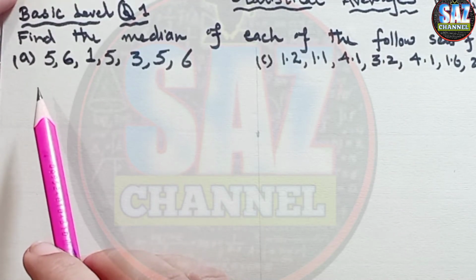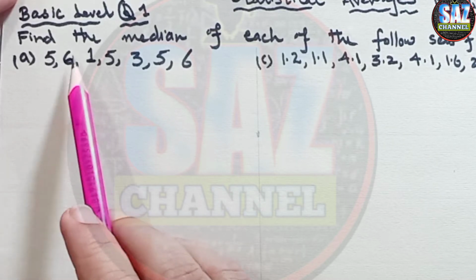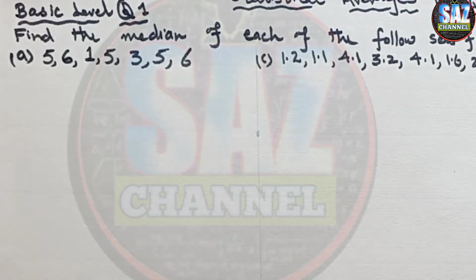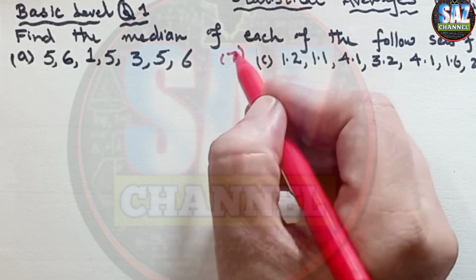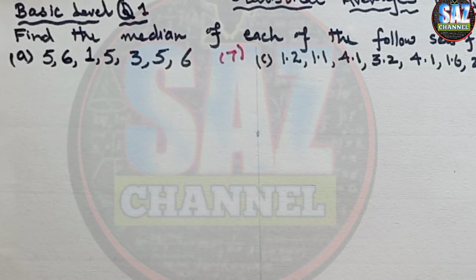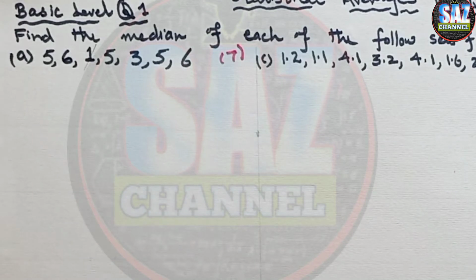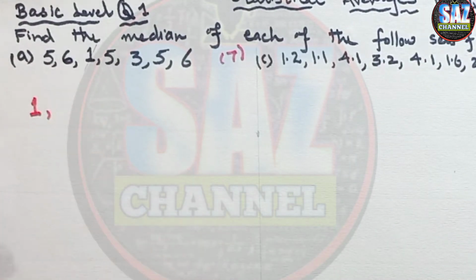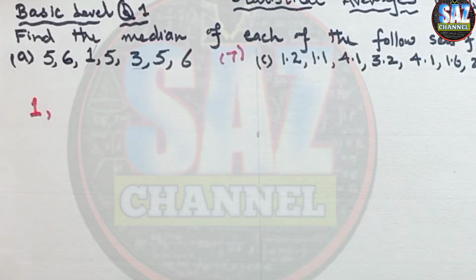First of all, we have to see whether the data is even or odd by counting the observations: 1, 2, 3, 4, 5, 6 and 7 observations. As the observations are 7, it means the data is odd. Now we have to put the data in ascending order, from small to big. I can see 1 is the smallest number here. Then after 1, what number can come? 3, 3,